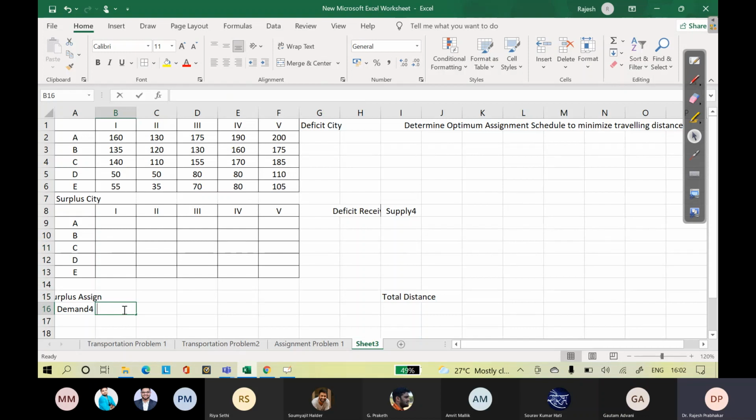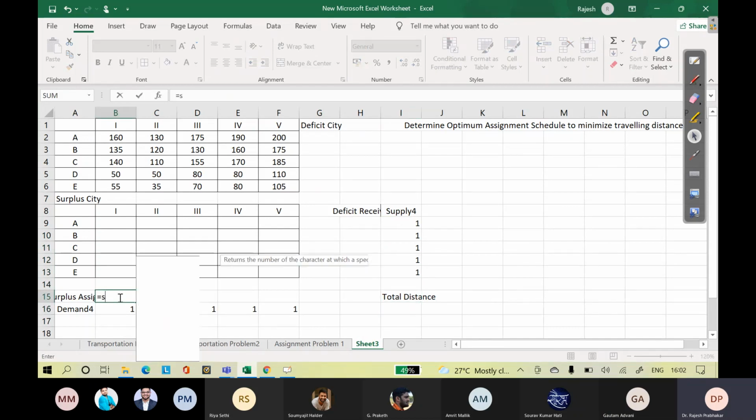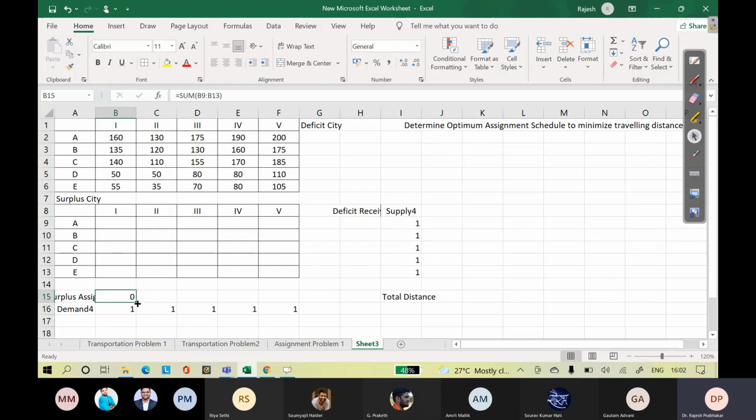So demand will be 1, 1, 1, 1, 1. Supply would be 1, 1, 1, 1, 1, and 1. This would be equal to the sum of these three. Press enter and then drag it to the right.